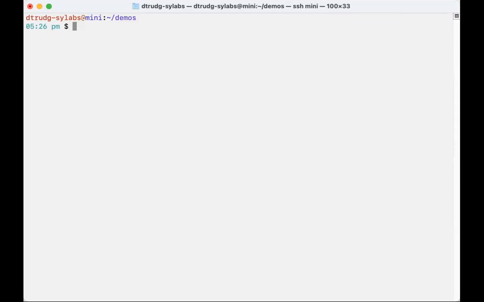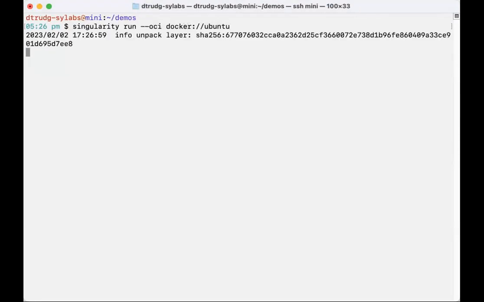In 3.11, we've got a new mode for singularity run, shell, and exec, which is enabled by this --oci flag. And what we have is a completely different runtime mode, where when I say run --oci and pass a Docker image or another OCI image,